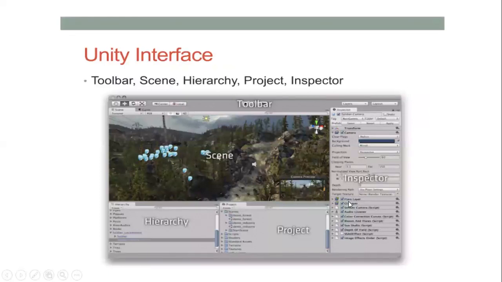So this page we call the Unity interface. In the Unity interface, on top, we call this the toolbar. And this we call the scene, which you can see here as well. And below, we call it the hierarchy. And here you will have the project, where it will be named. And this we call the inspector. This is the Unity interface. I hope I'm clear. And once you have created the project, you must be also viewing it the same way. We call it the Unity interface.